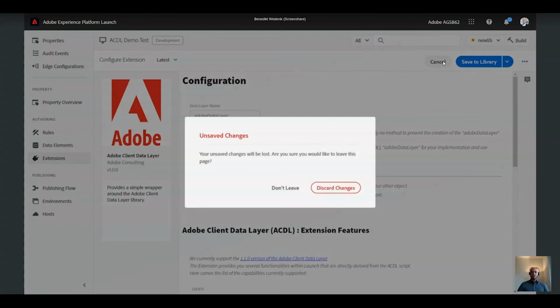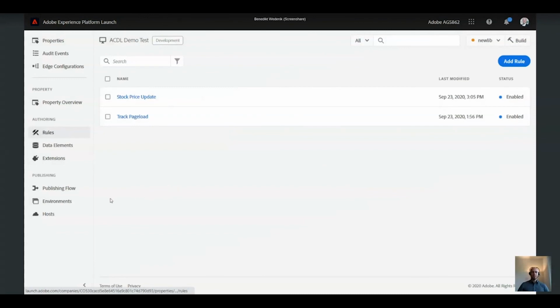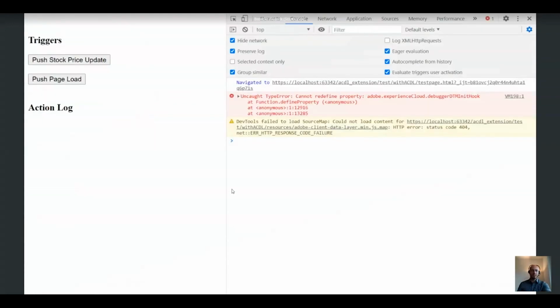Right. So let's see what we can do. I've set up 2 rules. I'm going to show you how I'm tracking the page load information. And then I want to show you how to interact with a typical scenario, like an asynchronous event. Let's say our stock price is updated. We have a live ticker, and this is going to be updated. So before I show you how those rules are set up, I'm going to show you how it looks in the end. For that, I've set up a